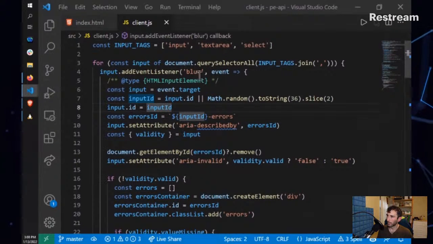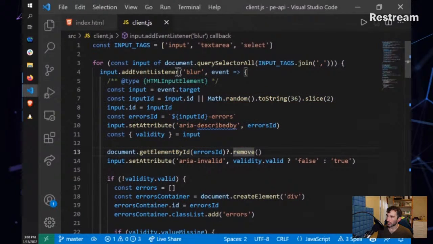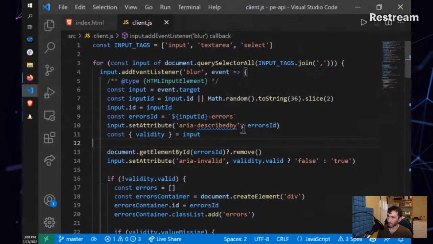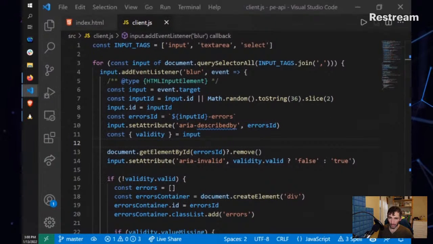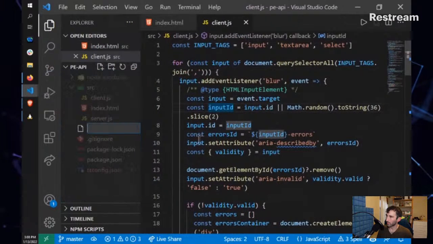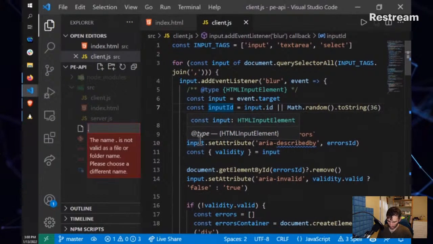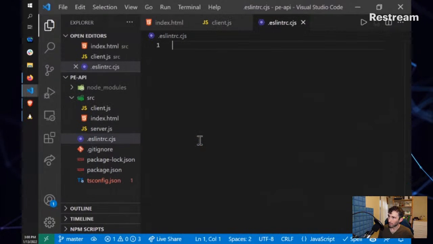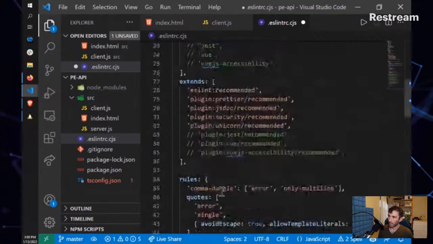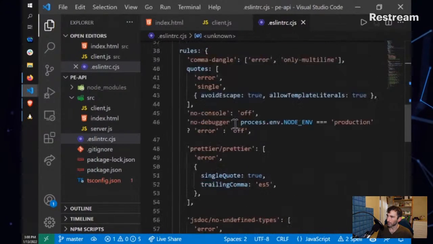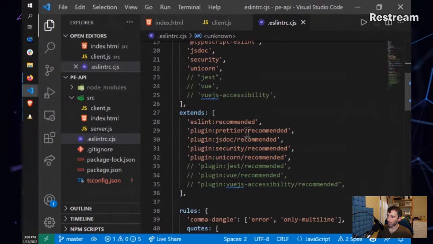I've got some stylistic things that I don't really love, and I don't want to manually fix. So I want my editor to fix those for me automatically. So I'm going to go into my project root, drop a .eslintrc.cjs file, and paste in this configuration that I've been essentially dragging around from project to project. That is also going to require